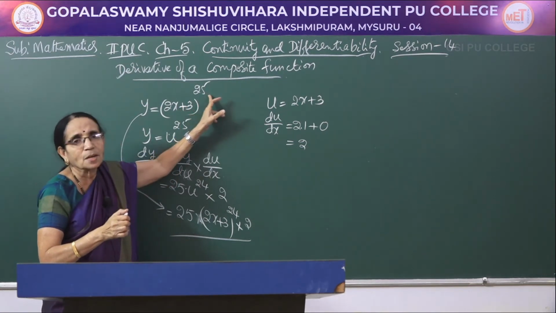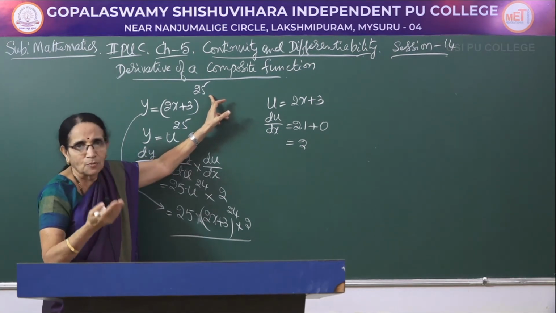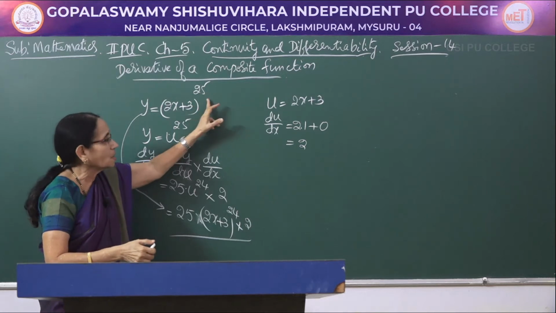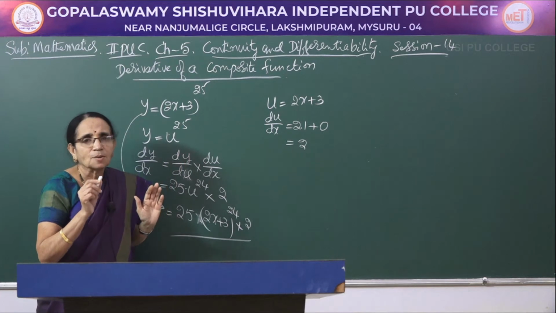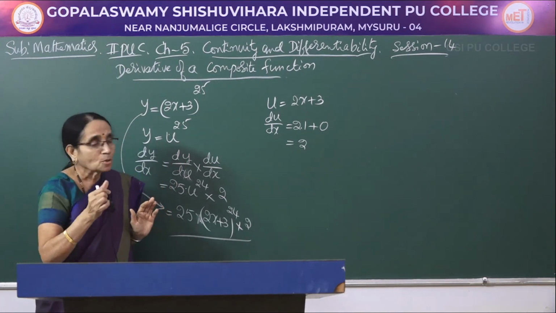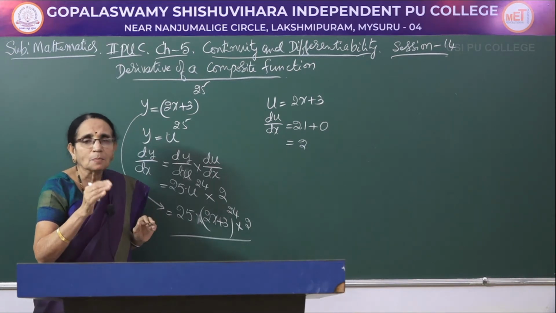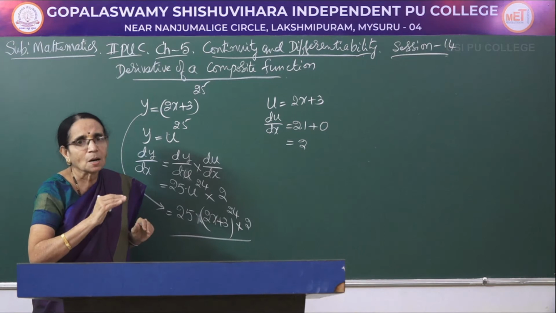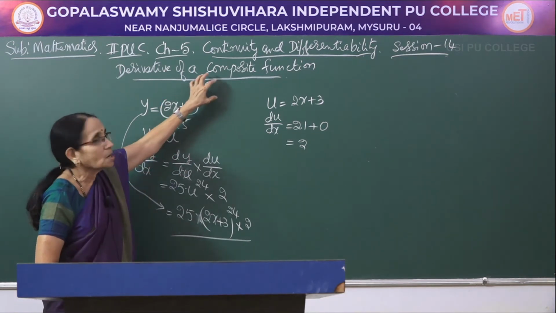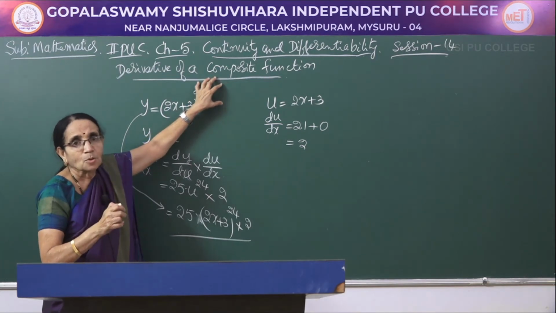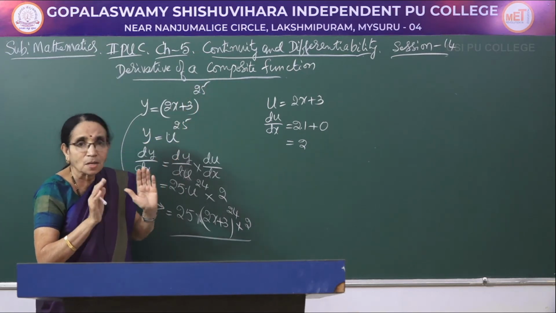Whenever a function is having an index other than 1, maybe less than 1, greater than 1, or maybe a fraction, whatever that may be, other than 1, first take that into consideration. That means you have to apply the result x to the power n formula. So when I gave those formulae, I told you, though we have derived it for x power n, whenever the power is n, that rule can be applied irrespective of the function that we will be discussing. Here some function raised to the power n, that is the meaning. So then it is n into some function to the power n minus 1, that is how you understand.